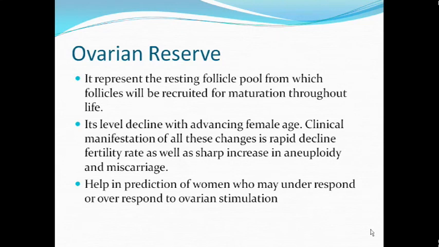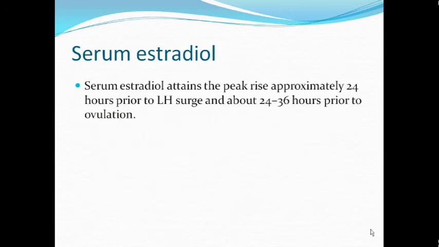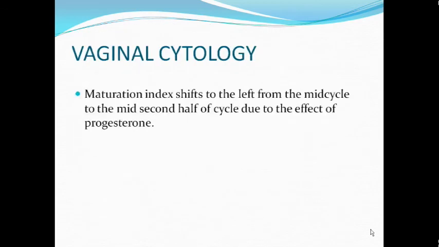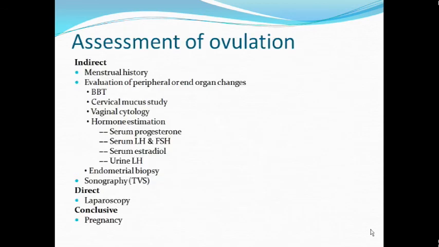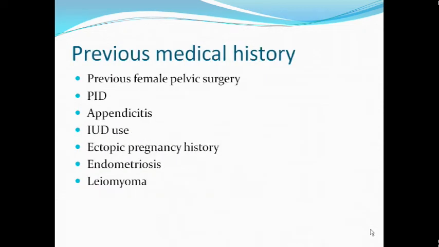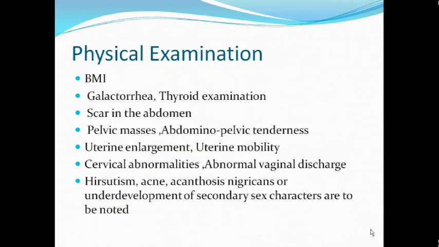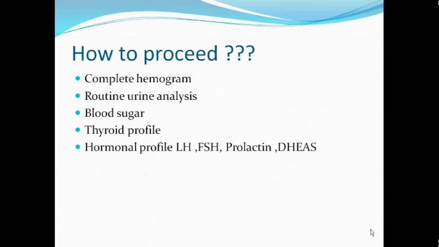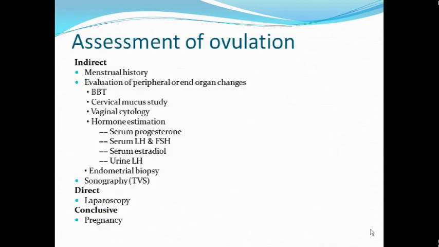So we will continue with female infertility. In the last class we learned the causes of female infertility and how to go for investigations. We have done the history, physical examination, and the hormonal profile, and then assessment of ovulation